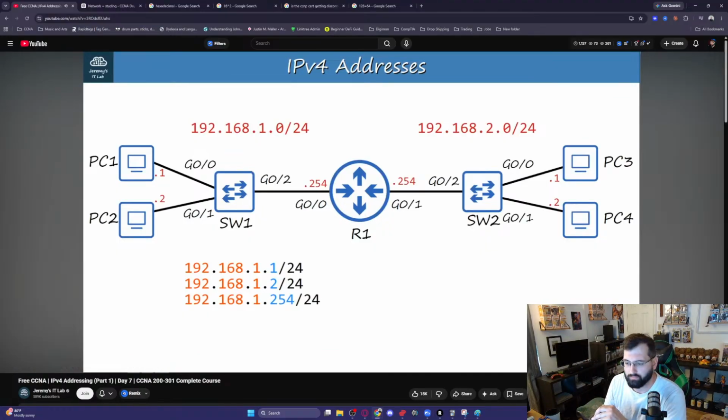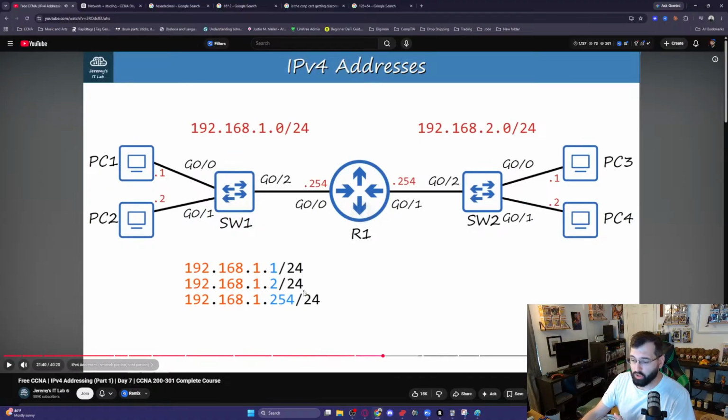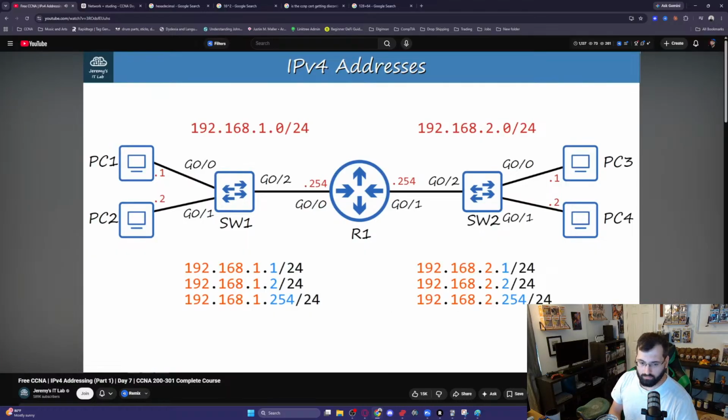I can tell that the network portion of each IP address is the same, because they are all part of the same local network. Only the host portion is different. So that means the lower this number, the more addresses we have. Likewise, the IP addresses of PC3, PC4, and R1's G0/1 interface are